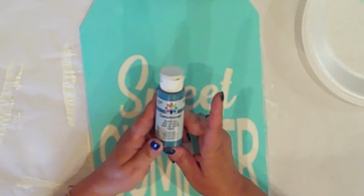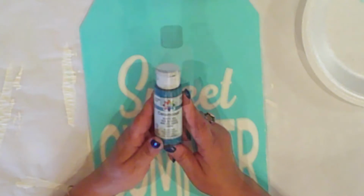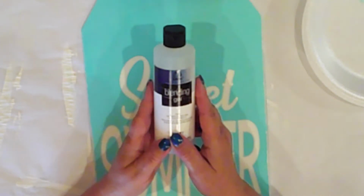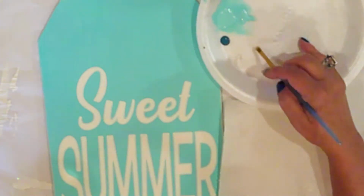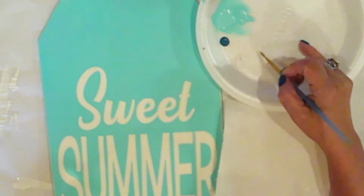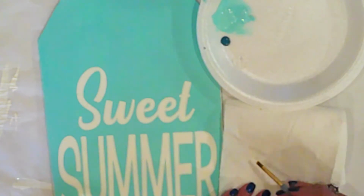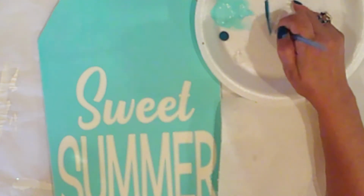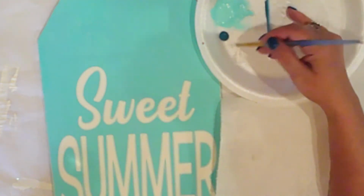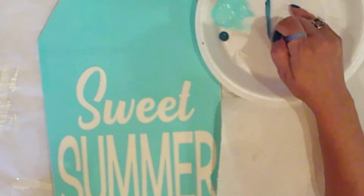I'll use North Sea and blending gel to add a shadow to my letters. I condition my brush by dabbing it in the medium and blotting it onto my tail. Then I side load the corner of my brush, and just like with floating medium, I'll stroke it on my plate to distribute the paint